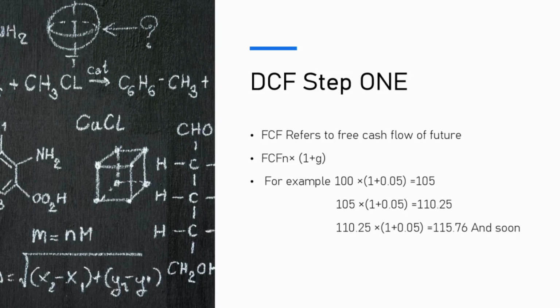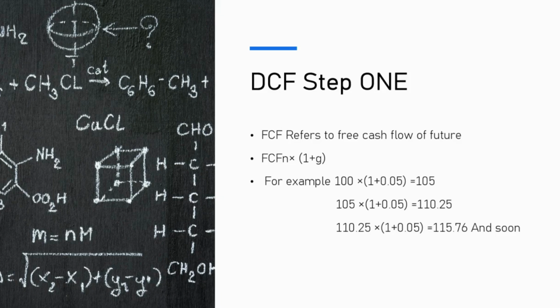Its formula is FCF, N refers to the number of periods, into 1 plus G. G is the perpetual growth rate, as we discussed previously in the elements of the DCF method. So the example is, assume 100 rupees,